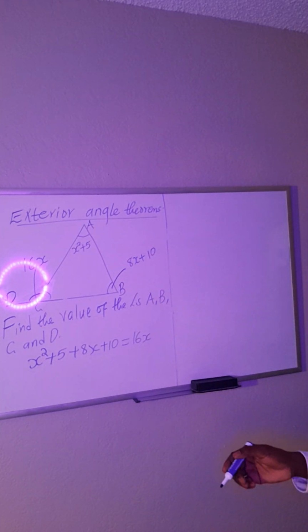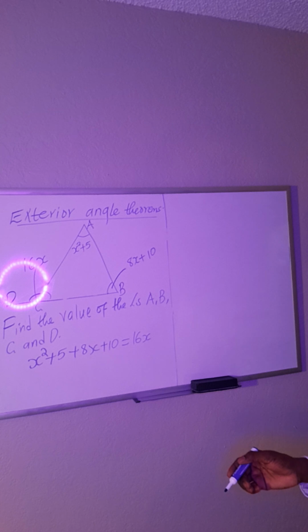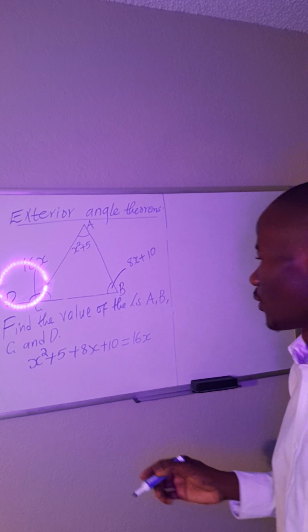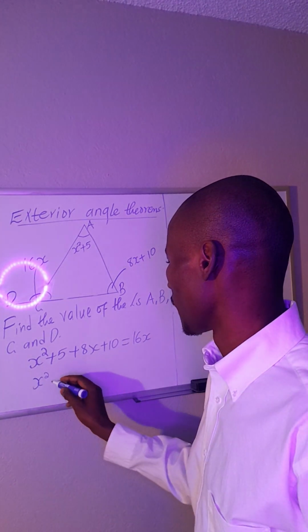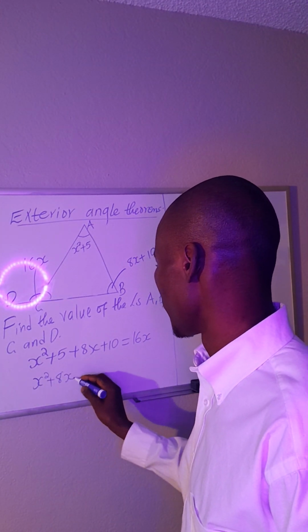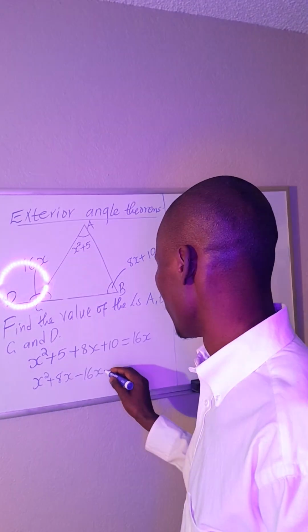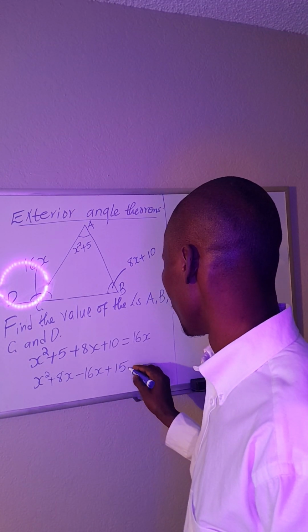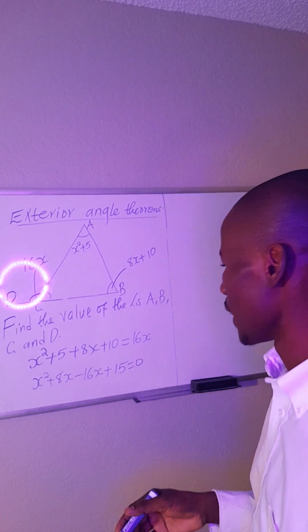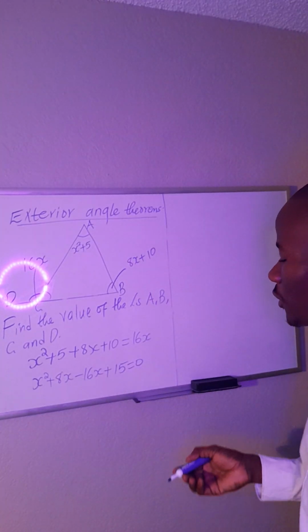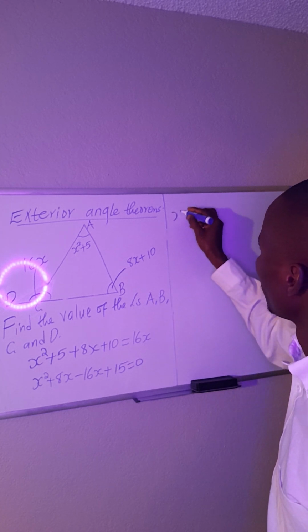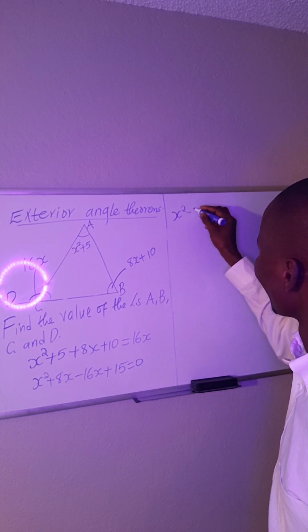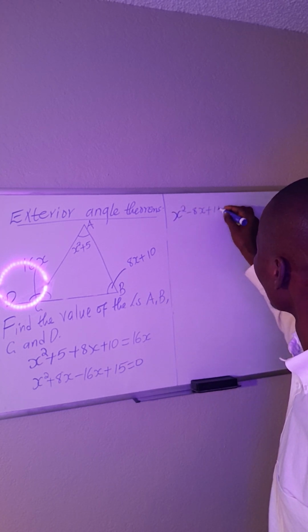With this one, as you look at it, you can see it is going to form a quadratic equation. Therefore, we go ahead and solve. So we shall have x squared, then to collect like terms, plus 8x minus 16x plus 15 is equal to 0. A quadratic equation is there already. Now we simplify this, and we shall have x squared minus 8x plus 15 is equal